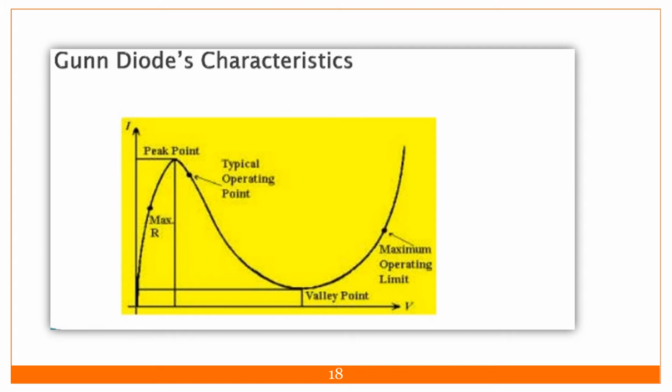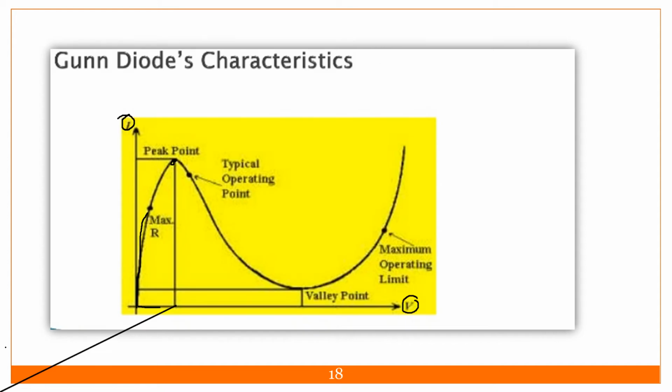So I have already told you that this is the VI characteristics of the Gunn diode. This is similar to the tunnel diode, which we'll see afterwards. This is the voltage on the x-axis, and on the y-axis you will find the current value. If I am increasing the voltage, then what will happen? The current is increasing. At the threshold voltage, suppose this is my threshold voltage,